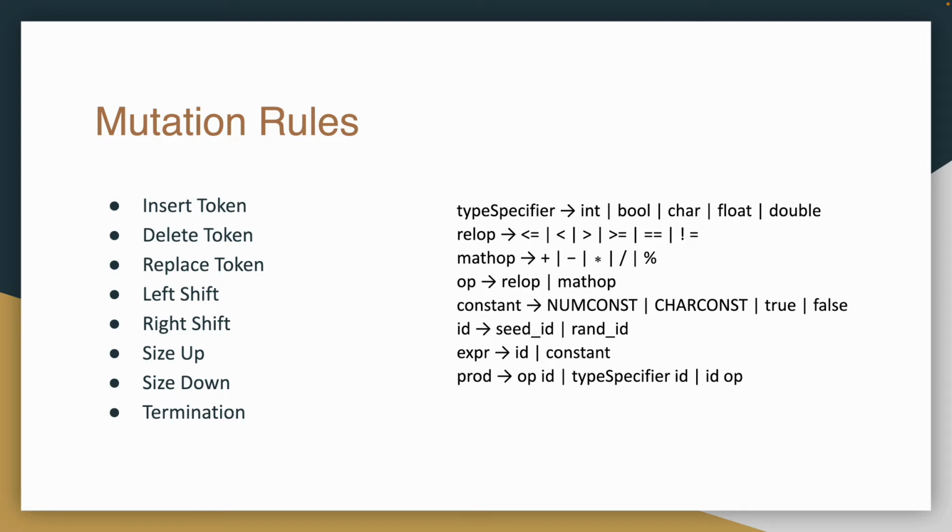For replacement, we replace the token at the predicted index with another token randomly sampled from a set of tokens with the same characteristics. For example, if this token in the program is a keyword of the C language, we select another keyword for replacement. Notably, the keyword and operator token sets are predefined, while the identifier token set is generated by parsing the seed program in the beginning.